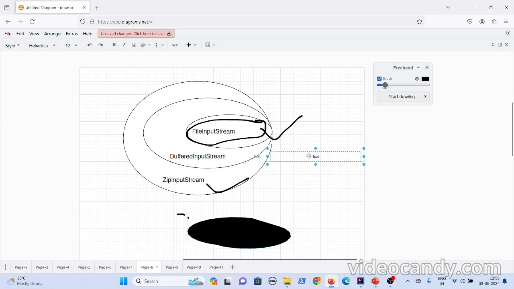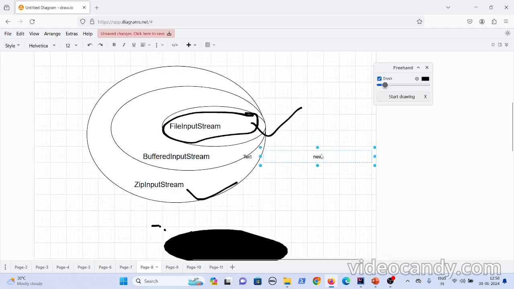Ideally, if you have remembered the Java code, how it works is, you give new ZipInputStream, inside it you give new BufferedInputStream, and inside new BufferedInputStream, you give new FileInputStream. And to the FileInputStream, you give some file name.